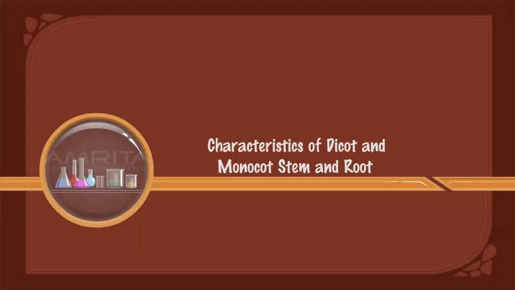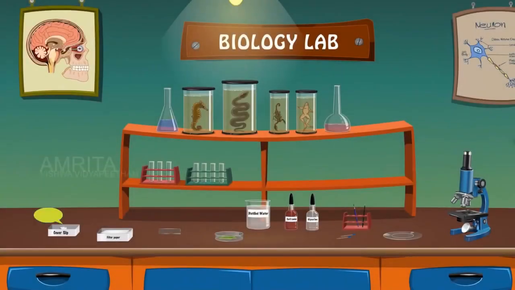Characteristics of Dicot and Monocot stem and root. Materials required: cover slips, filter paper, glass slide, fresh material of stem, distilled water, saffron in solution,